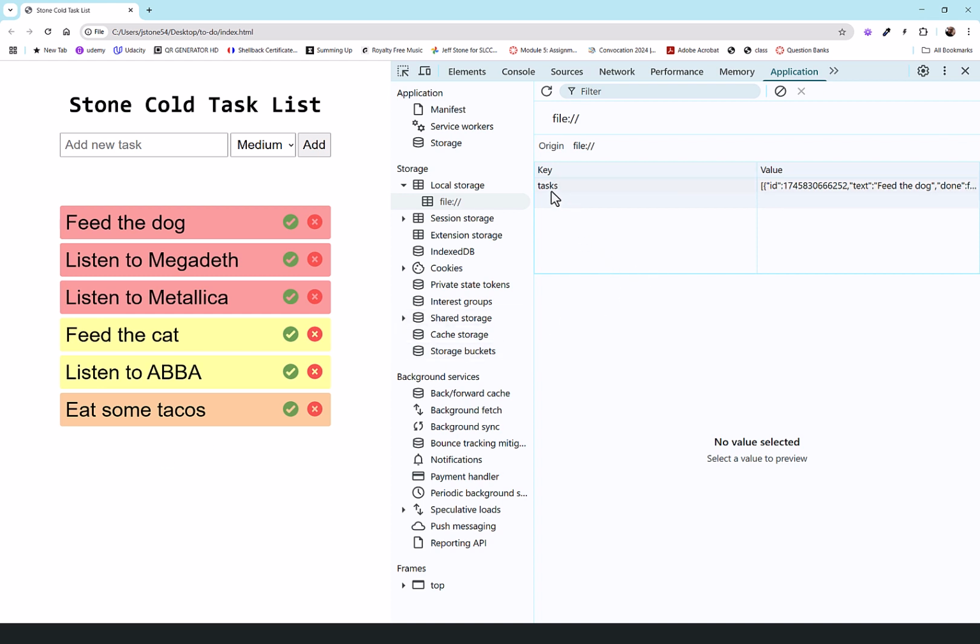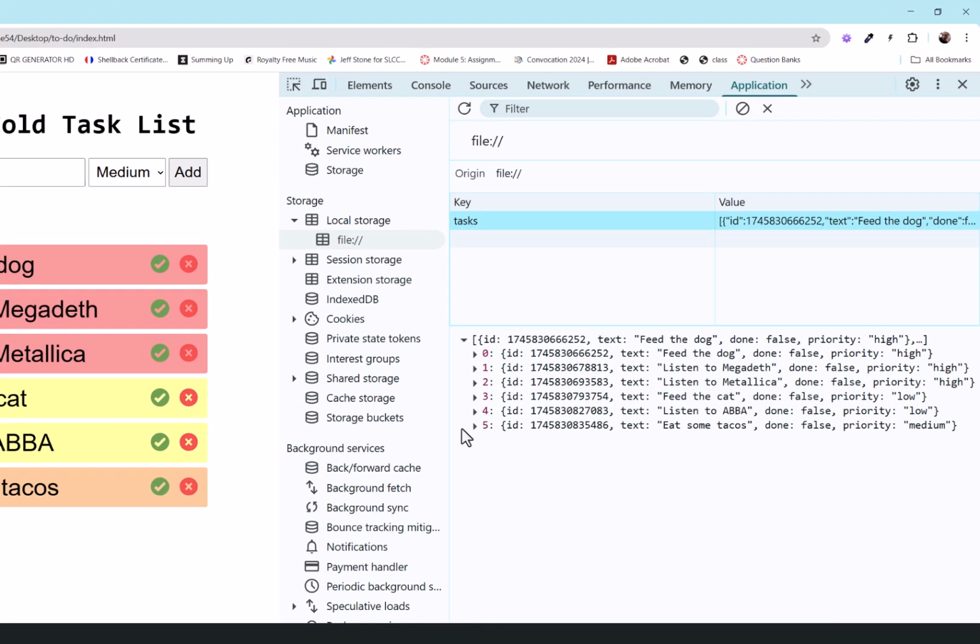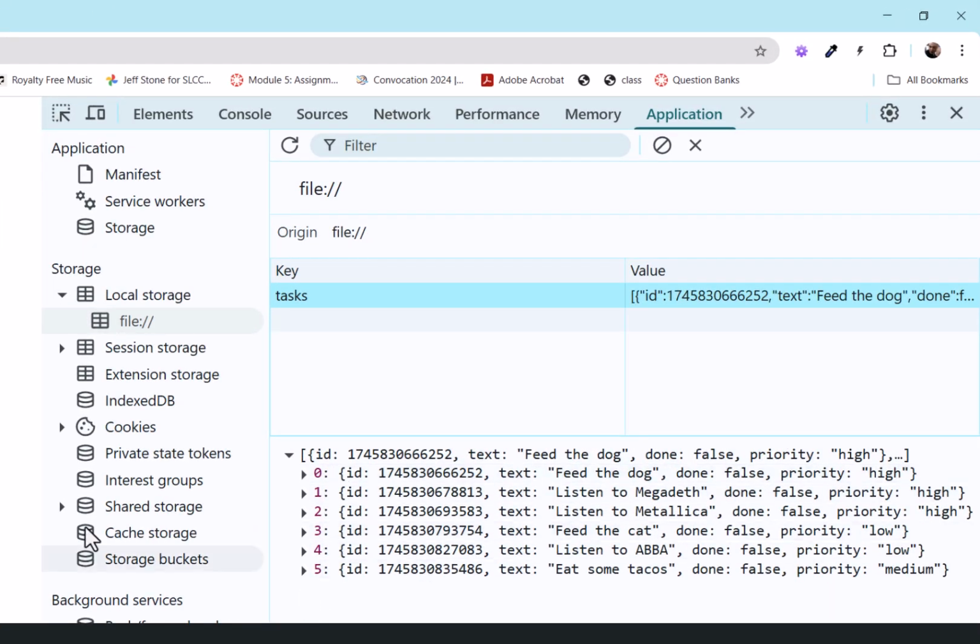Okay, before we add and delete stuff here, take a look over here in local storage. I use the key name of tasks here to store the data, and you can see it's an array that has all of this stuff in it. And you can see 0, 1, 2, 3, 4, 5, which is a total of 6 items. And you can also see that these appear to be objects. And they are, kind of. All right, so I want to give you some clarity on that. And this will actually help you in your code to understand this better.